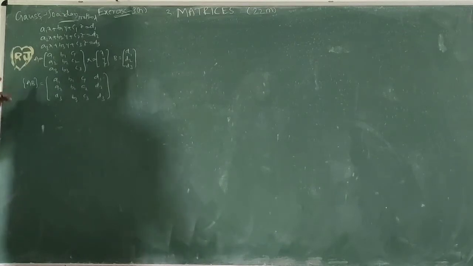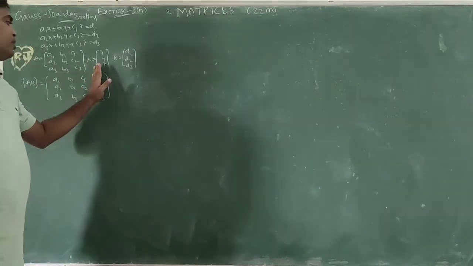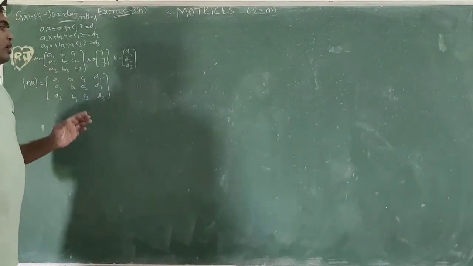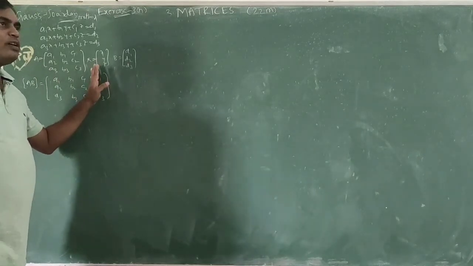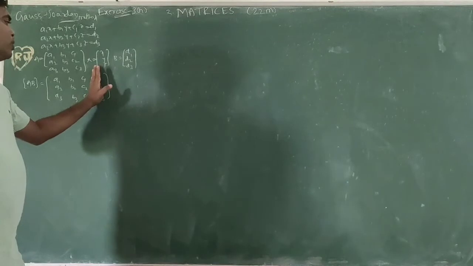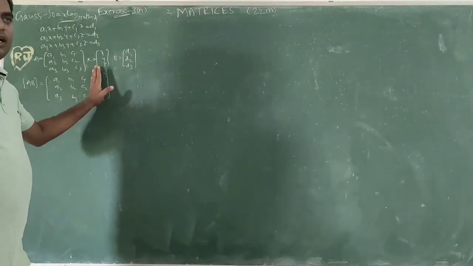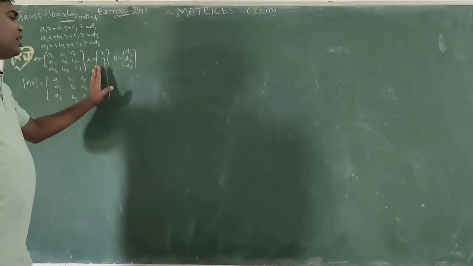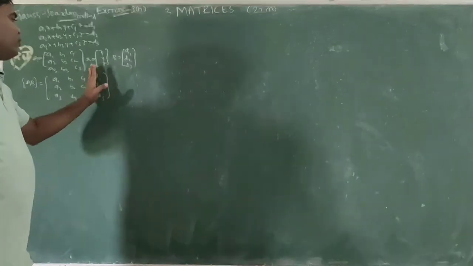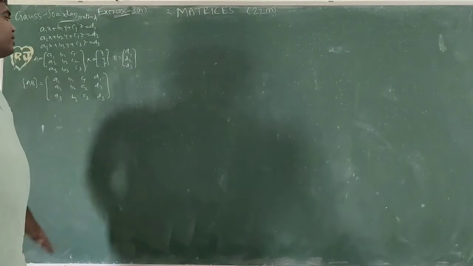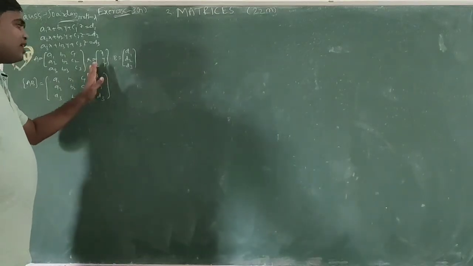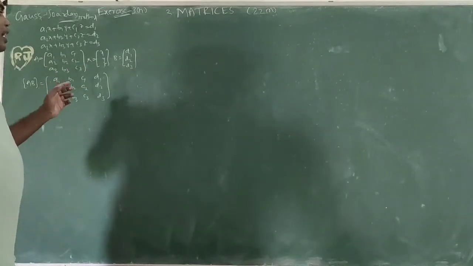Okay, so this is the augmented matrix. Up to this one is A, together it is called [A|B]. Here A is a square matrix, and I want to convert this square matrix into an identity matrix. Before converting to the identity matrix, first we need to convert it to a diagonal matrix, and after the diagonal matrix, we convert to the identity matrix.